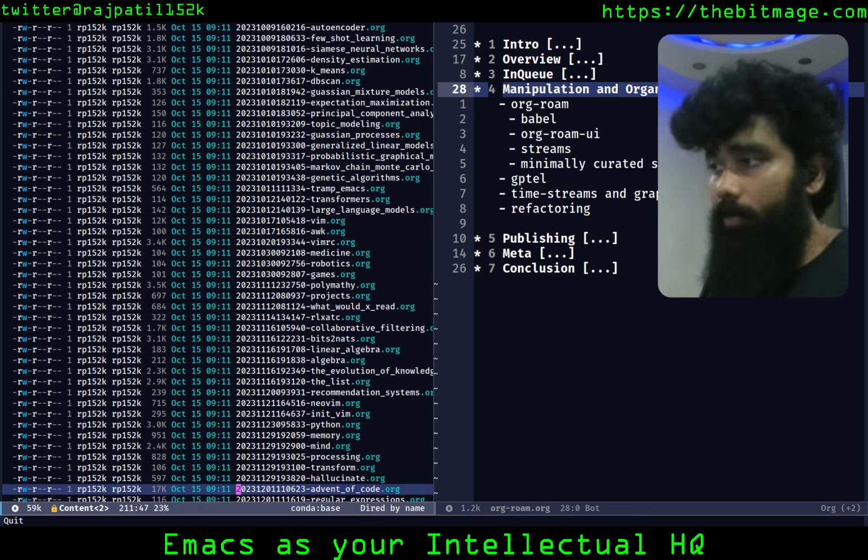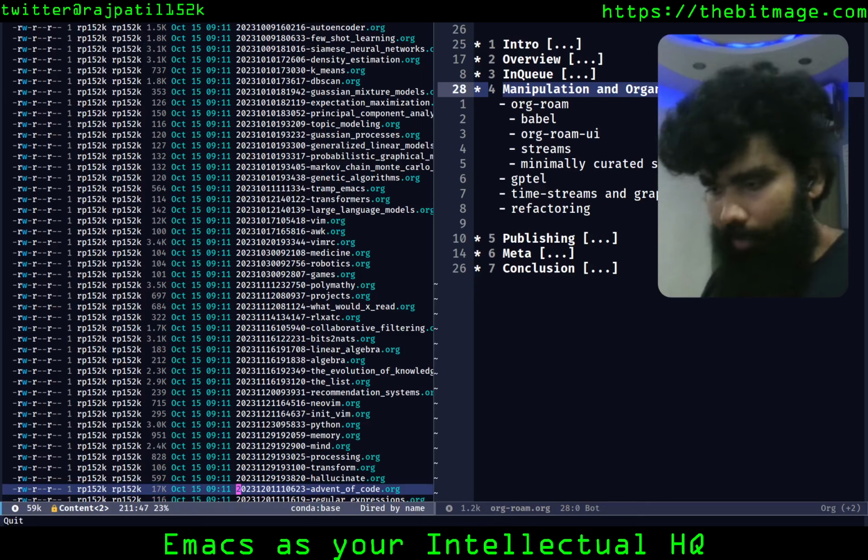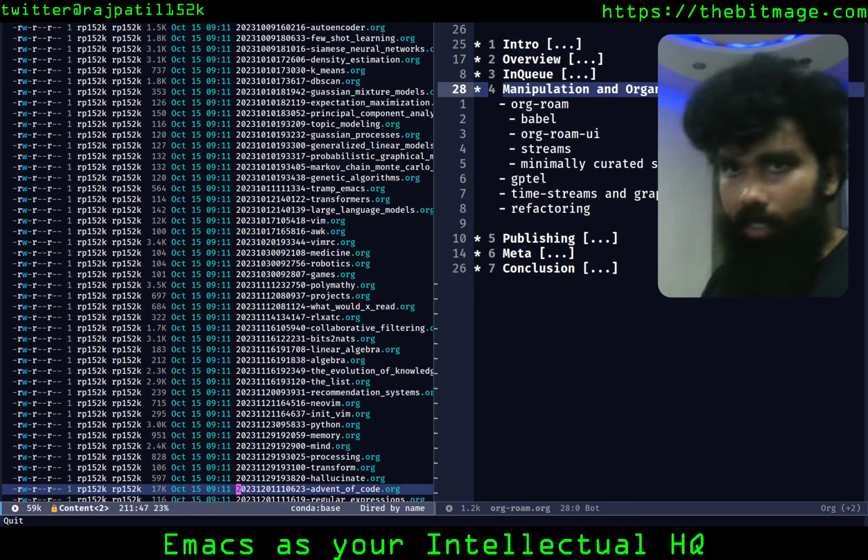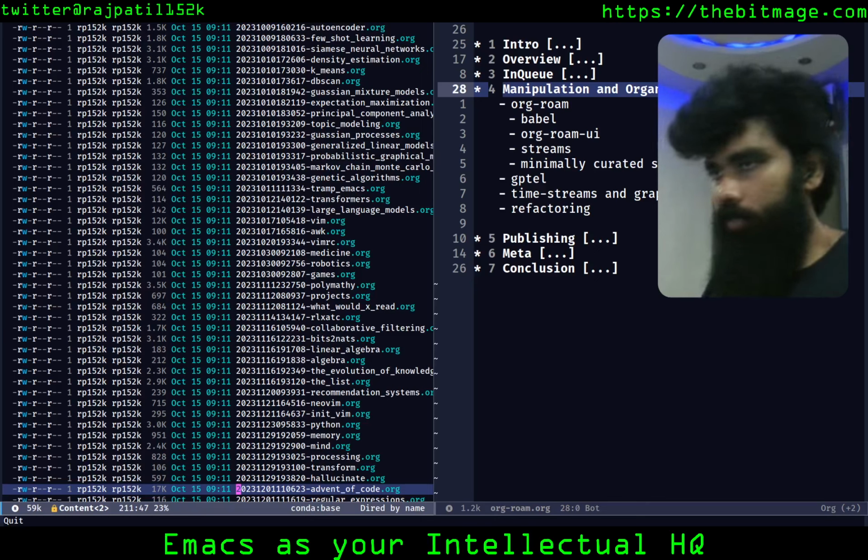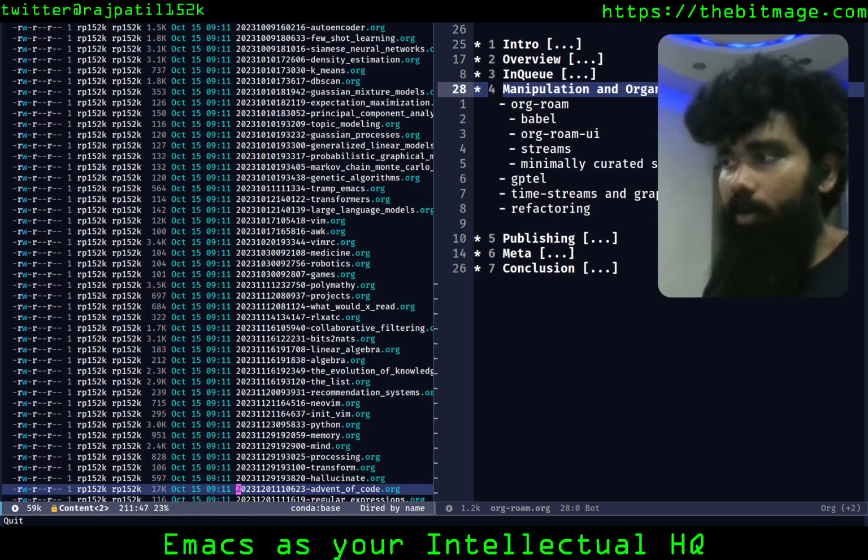And the good thing about it is that it has a very systematic way of working with things, in the sense that everything is linked via a unique ID that is generated based on the time that the node was created. So even if you change the file name or anything like that, the link still stands.